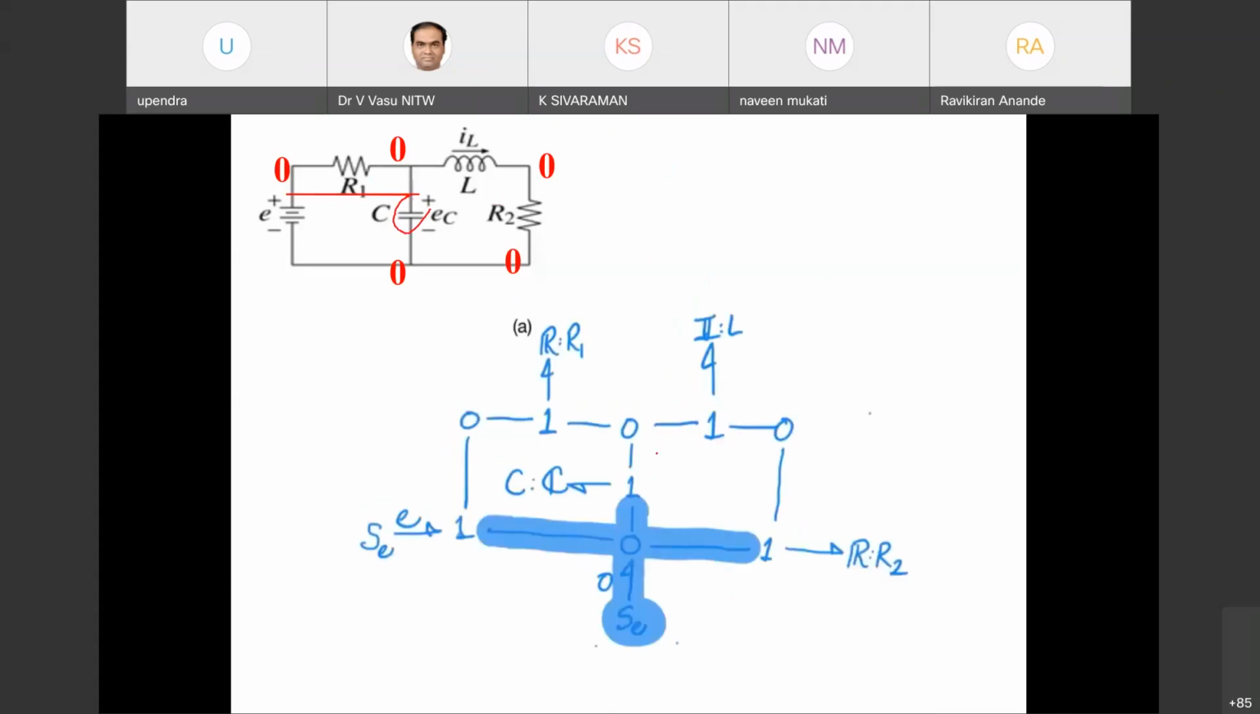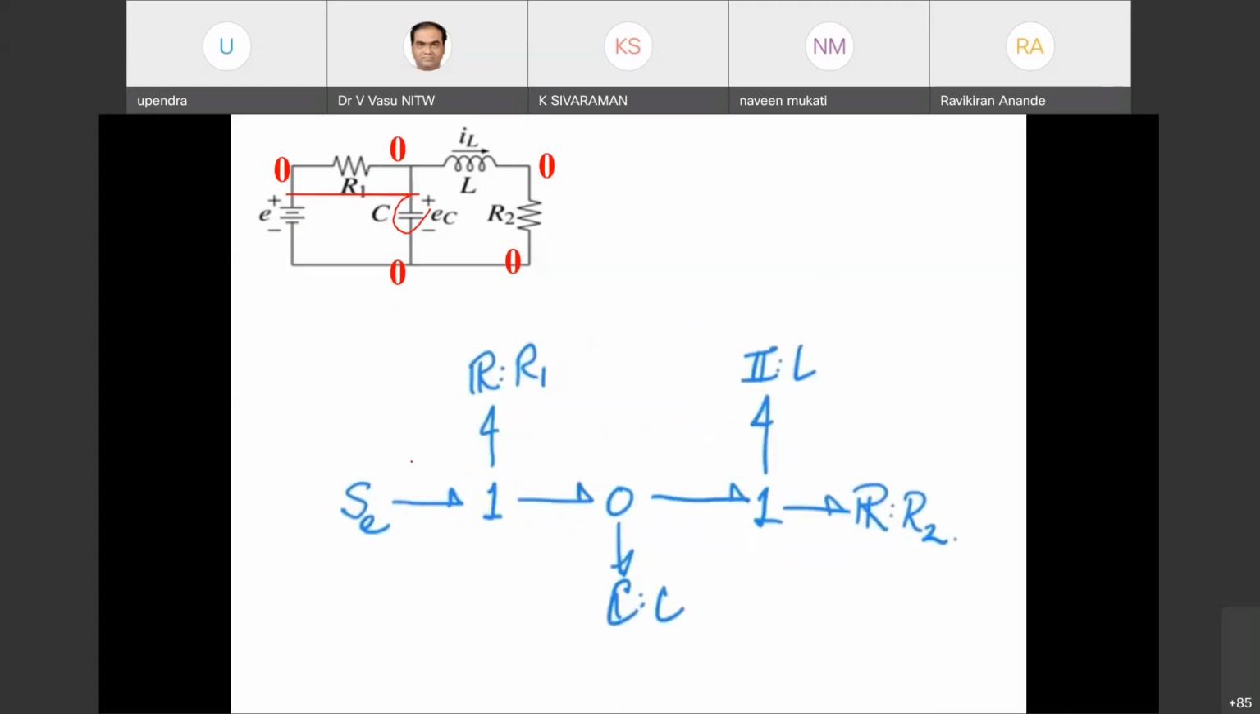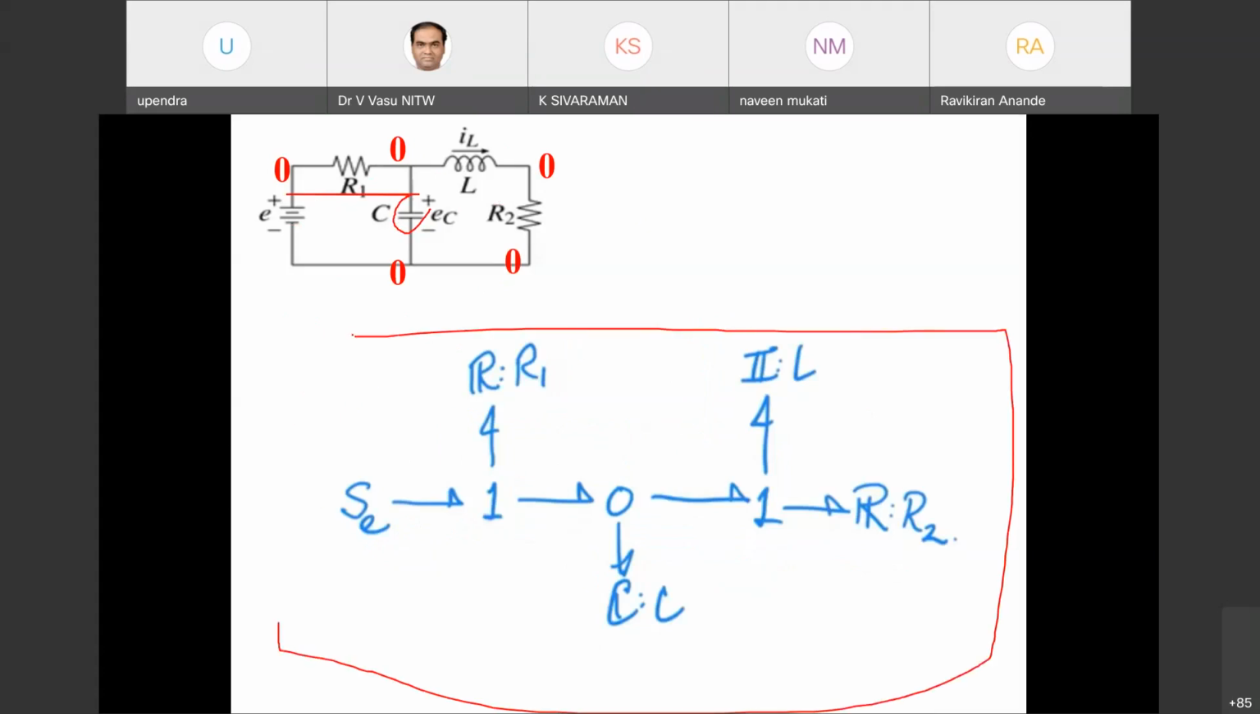Okay, so now we will be able to connect the different efforts that are there, and we will be able to simplify this. We will be able to get the circuit for this particular total circuit. We can get this one. Okay, so that is how you can draw the bond graph for any mechanical, electrical system or